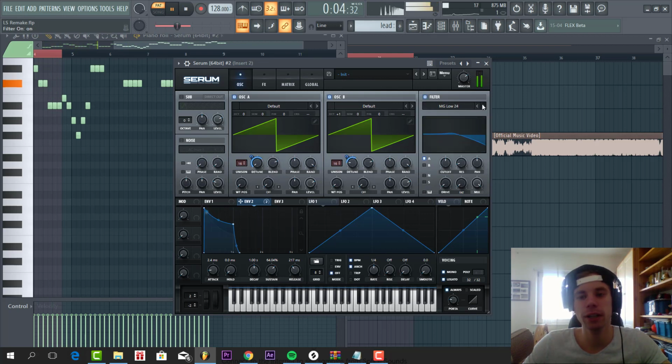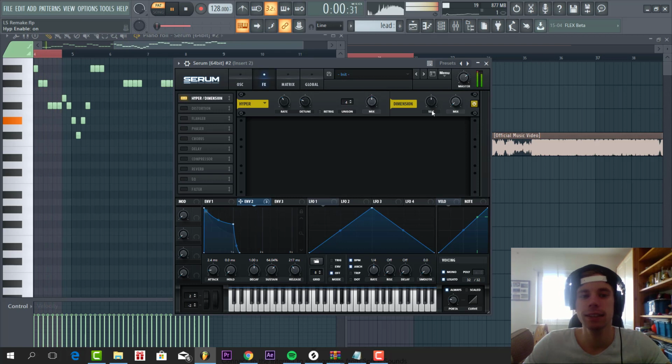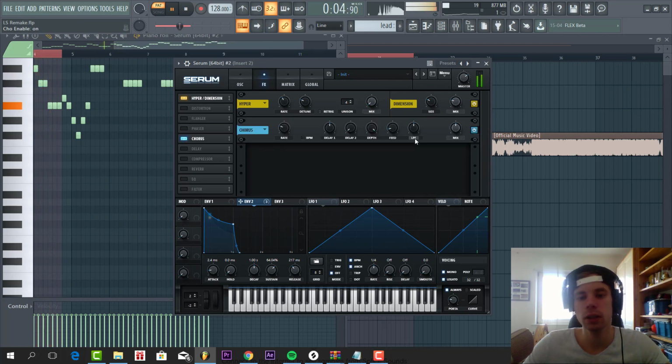Then the filtering, low 24. The cutoff around here, envelope 2 to it, and some drive and fatness. So now the effects, some dimension, no hyper, and some chorus with a high pass filter,